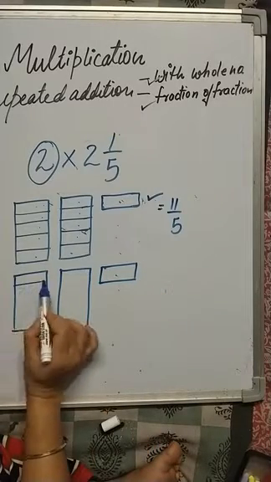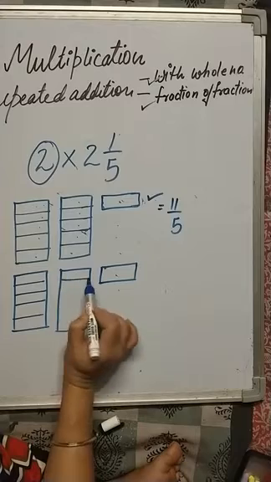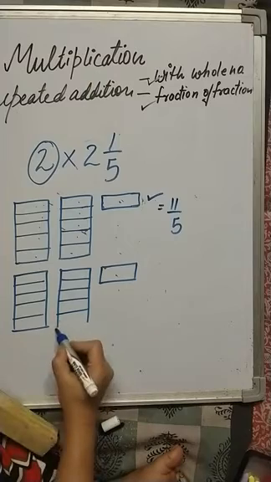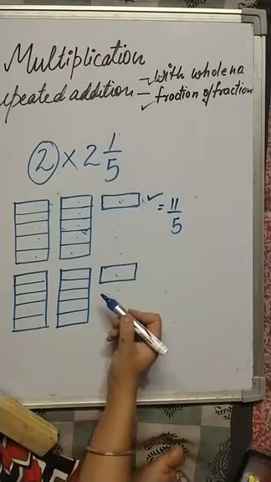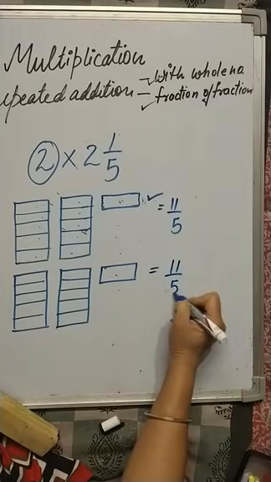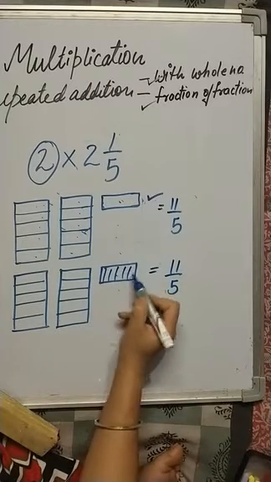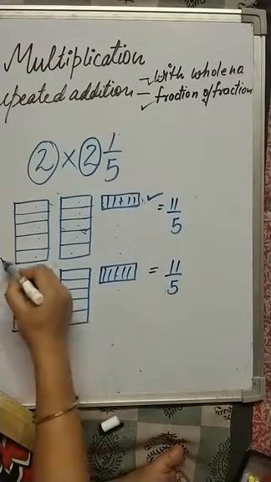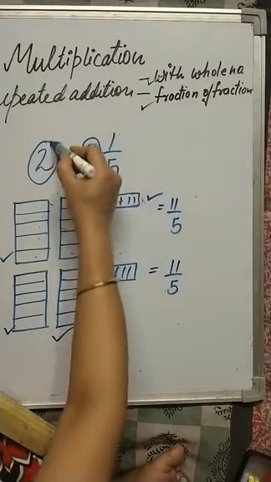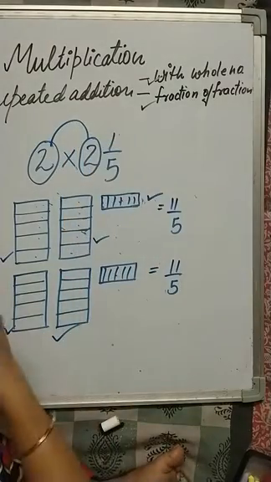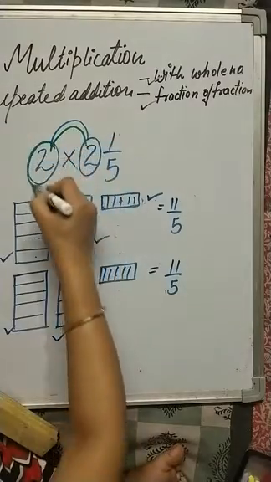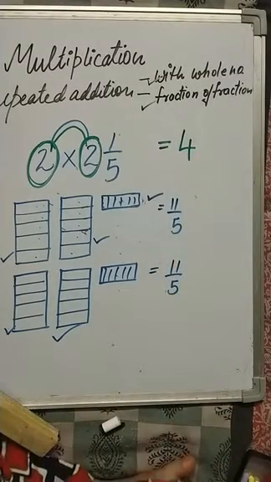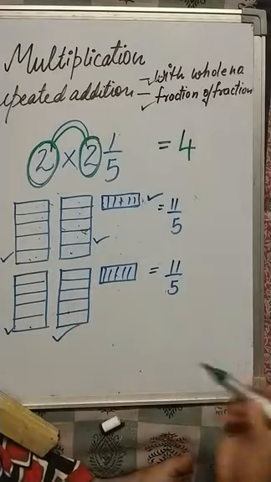Okay, so 1, 2, 3, 4. A little bit longer chocolate, I have an option of reducing it. So these are also 11 fifths. Or you can say, how many full do we have? I have 2 times 2 full chocolates. You can simplify this. 2 times 2 chocolates, I am getting 4 full chocolates.